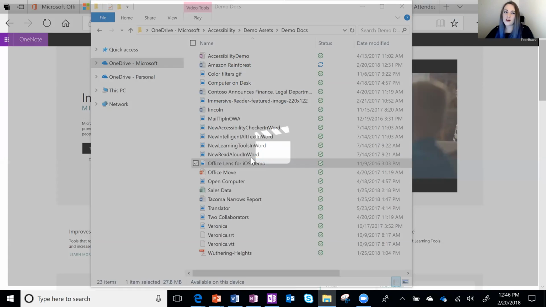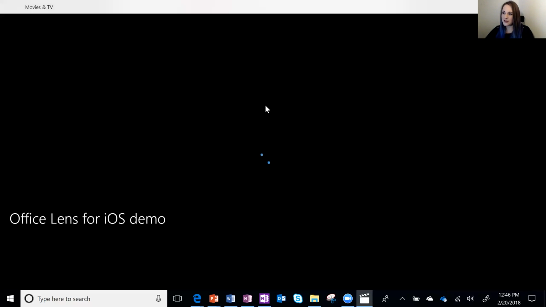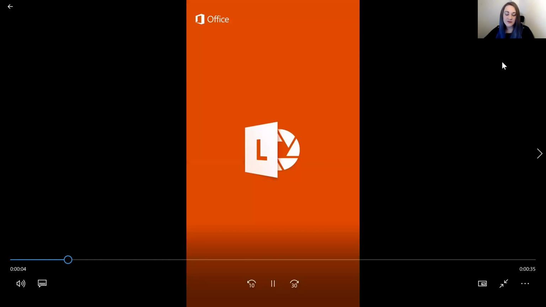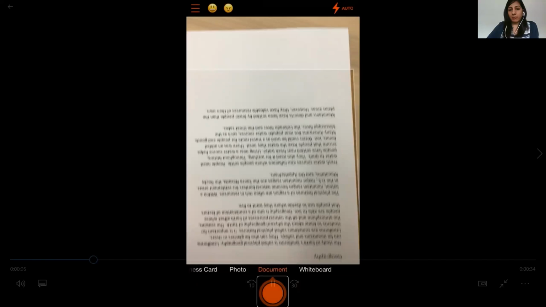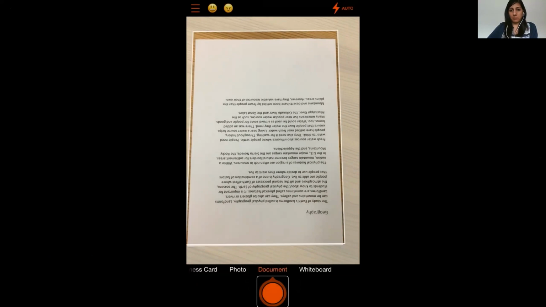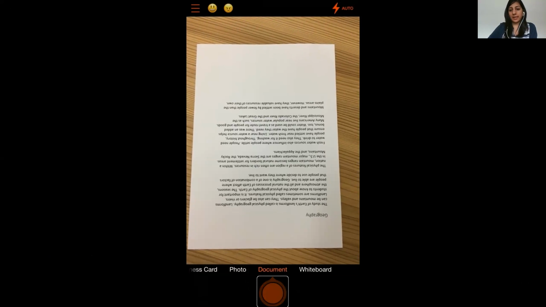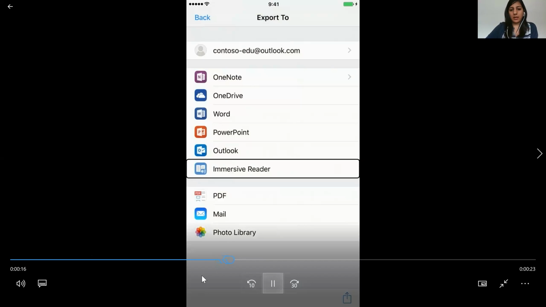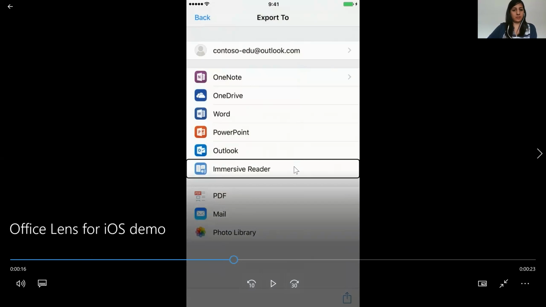From what I've heard of Office Lens, it will give you hours and hours of entertainment just trying to figure it out, but it's supposed to have some really great features. So here it's saying move down, move up, move left. It's finding the edges of the paper and taking a picture of the paper. And here it's showing me a few options once it's taken the picture. I can send it to OneNote, I can save it in OneDrive, I can send it to Word and then make it an editable document. Or I can have it read aloud from my phone, which is the immersive reader.